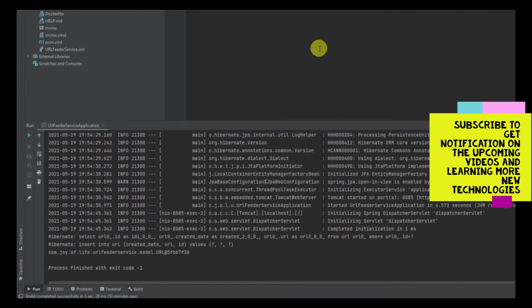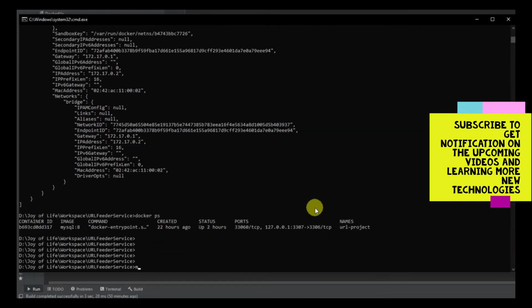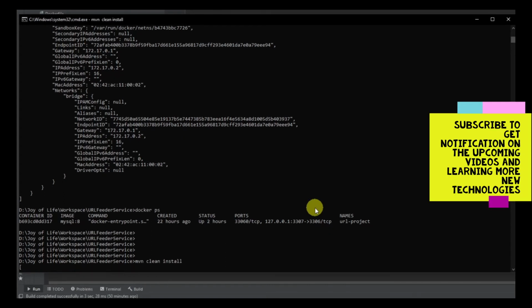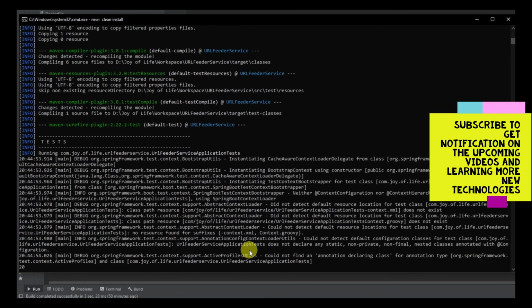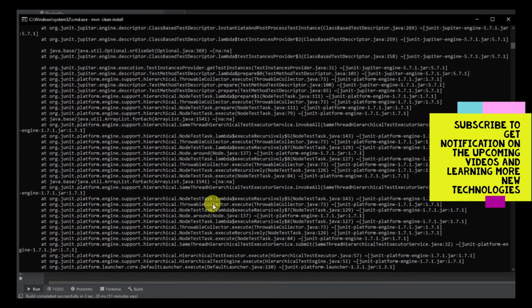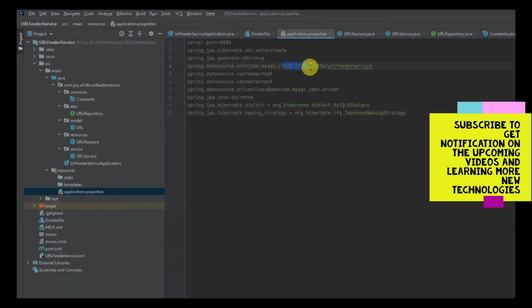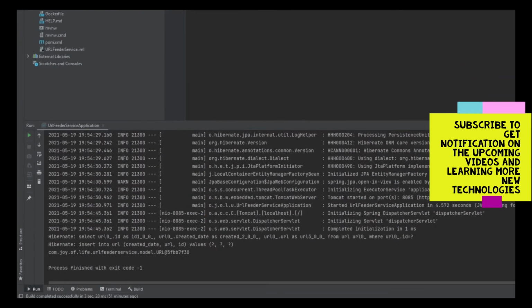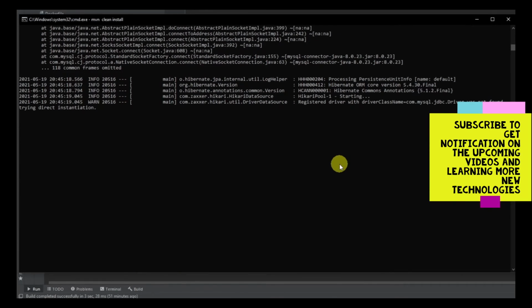Now what we are going to do is we are going to go over and build it again. So if I try to build it now, it will not work, right? Because it will not find this IP address that we have provided above, right? So we will end up having a bunch of errors. So you can see that we have been flooded with exceptions over here. That's because you cannot connect to 172.17.0.2 from your local system, right? For that, we have created a separate mapping in order to connect. We cannot use that. So what we are going to do over here, we need to build it, right?